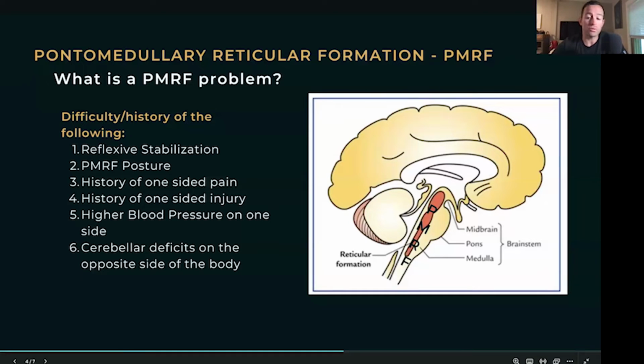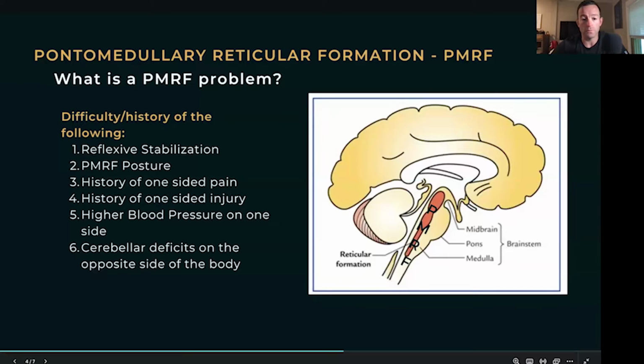Number 4 is a history of one-sided injuries. So similar to having one-sided pain, you're getting injured and it's always on the same side of the body. In fact, this was my pattern during my competitive athletic career. I had all one-sided pain on the right side of my body, and I was getting injured quite a bit, all on the right side of my body. Turns out I did have a right PMRF pattern. So that's another key